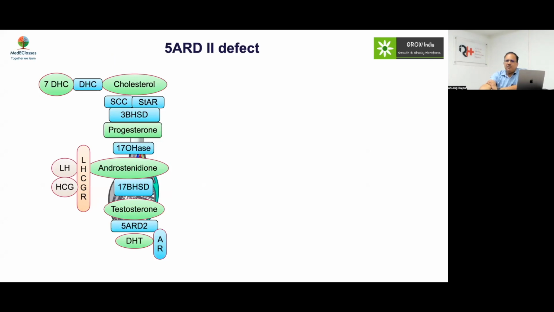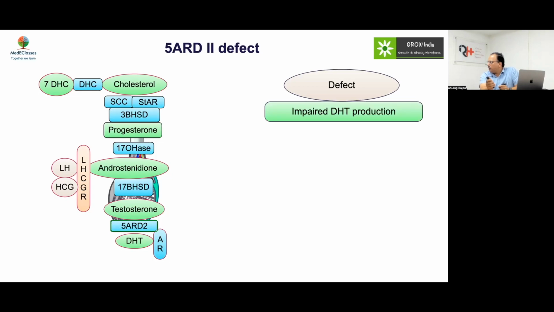Now, what is the major difference in the effect of testosterone and DHT on the androgen receptor? DHT has a higher affinity and longer half-life, so a longer duration of binding. Once it binds to the receptor, it binds for a longer duration, and therefore DHT is much more potent from that perspective. So here the problem is that your DHT is not being produced, so the local effect gets compromised,